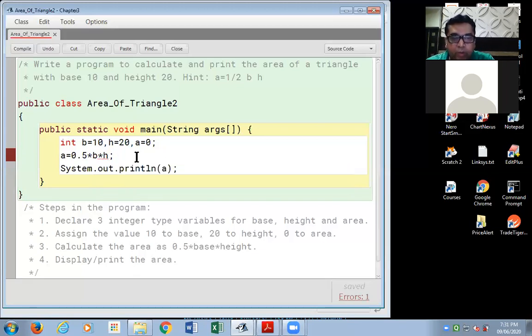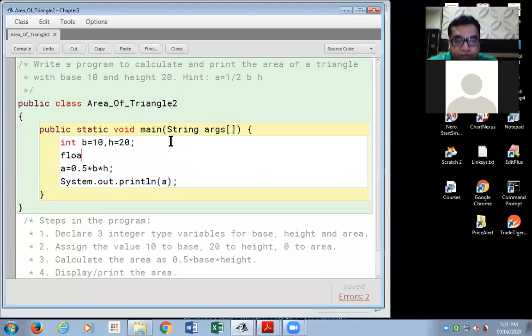Notice how am I correcting this error? Over here in the statement, I am removing a equal to 0, and in the next statement now, I am writing float a equal to 0.0f.